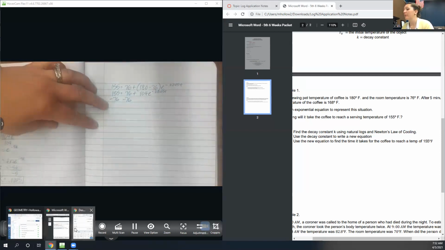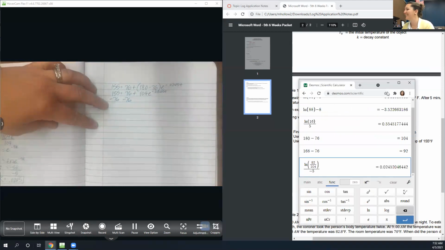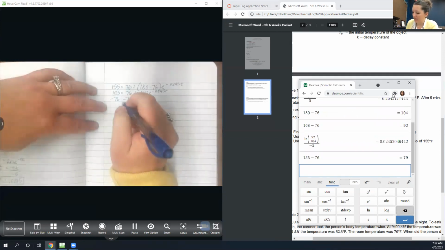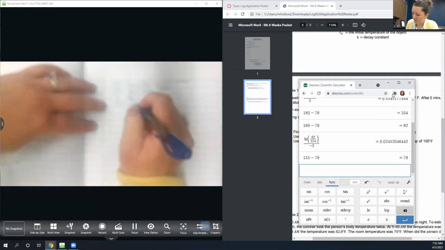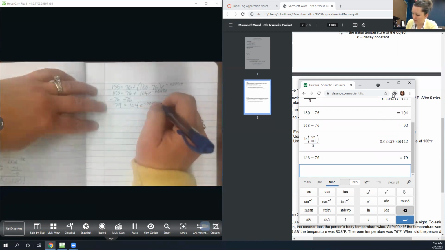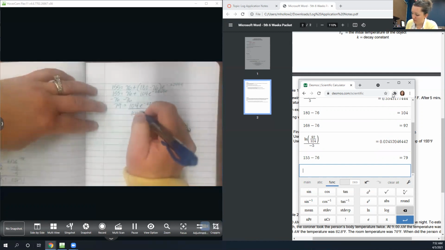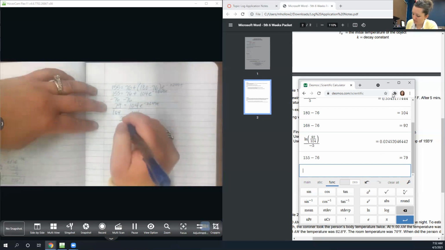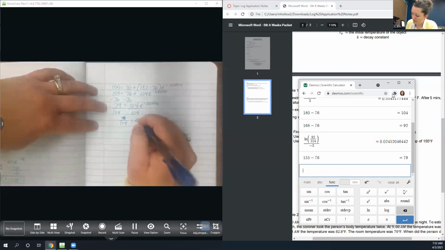I'm going to use my calculator because I don't want to get it wrong. You probably do the same thing, right? 155 minus 76. I want to know that I'm right. That's a 79 equals 104e to the negative 0.0245t. Divide by 104. So I have 79 divided by 104 equals e to the negative